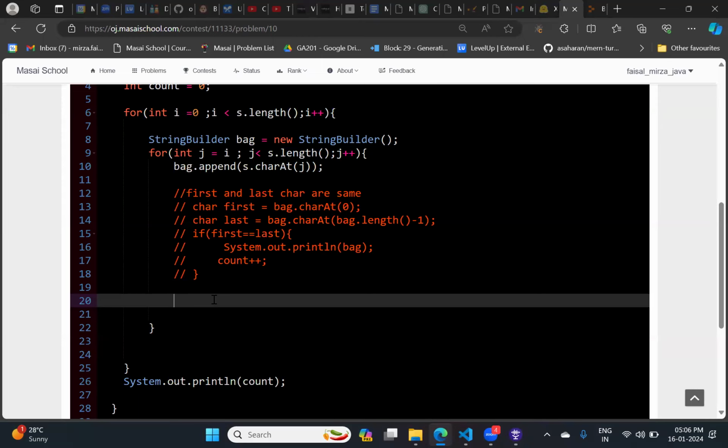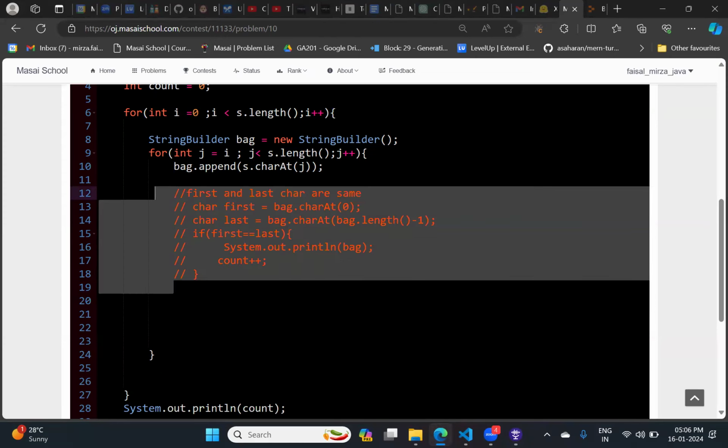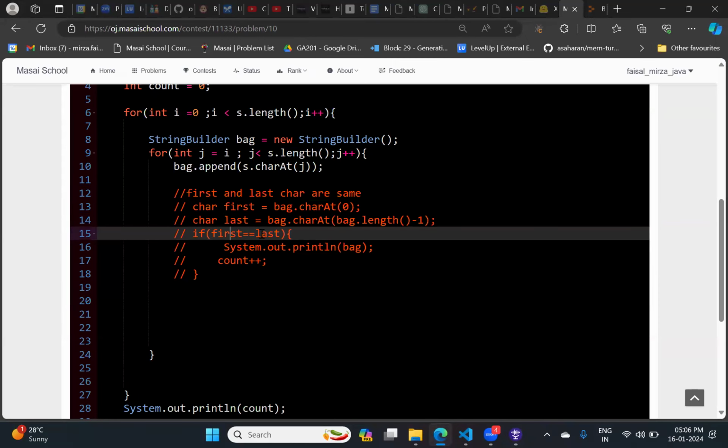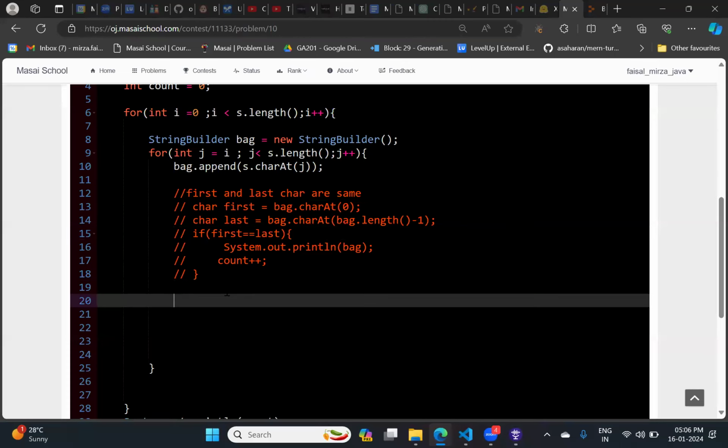What logic will you write if I want to get a substring whose length is equal to 3? Over here, I just need to write a logic to check whether the length is equal to 3 or not. That's it. How can I write it?